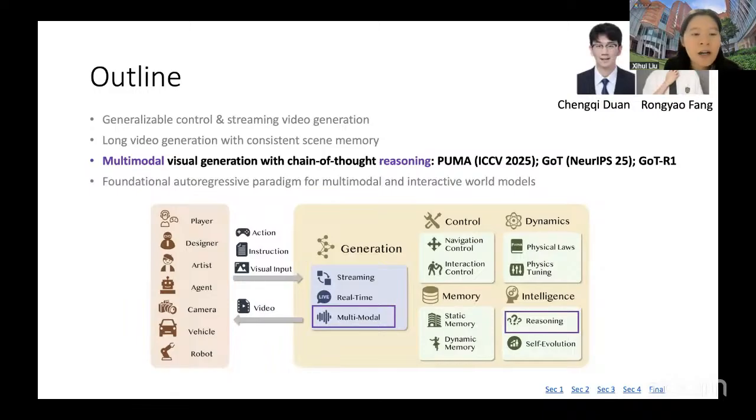So these are some of our explorations in achieving interactive and long consistent world models.